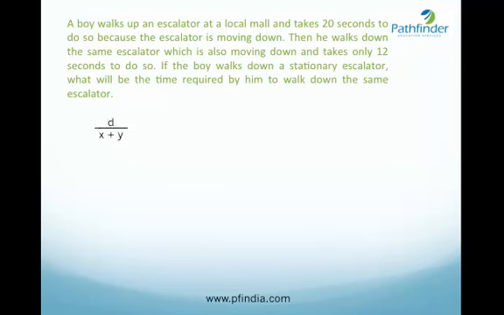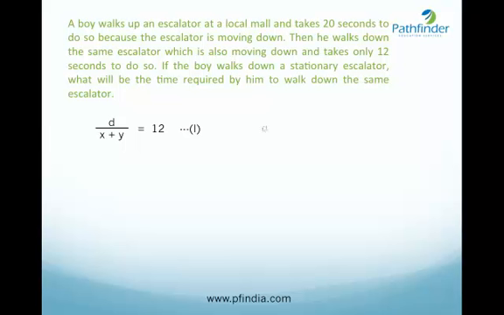Let us see how to solve this question. The boy is walking up an escalator and then walking down an escalator. To walk down an escalator, the time taken by him should be equal to d upon x plus y, because x plus y is the downstream speed of the boy walking in the direction of the escalator. This is equal to 12 seconds, and this is our equation number 1. Similarly, where d is the number of steps in the escalator,